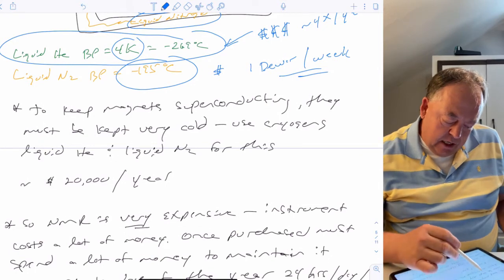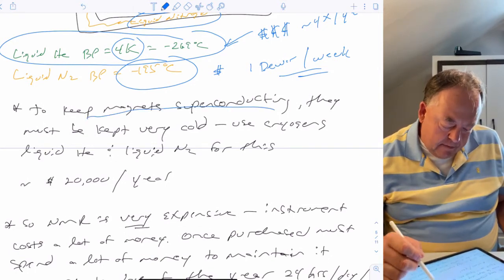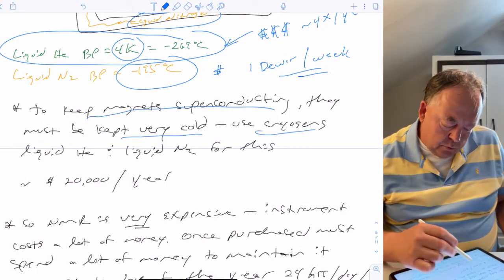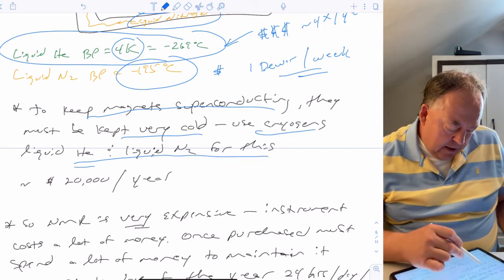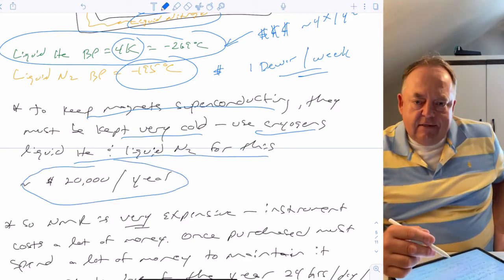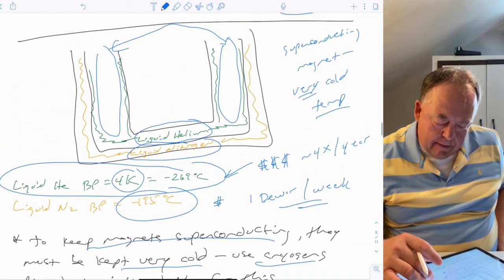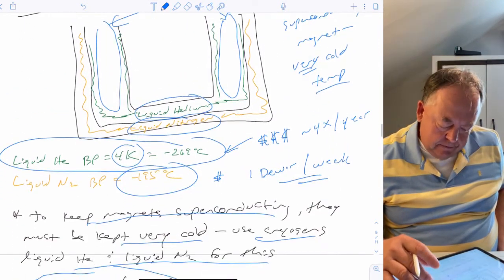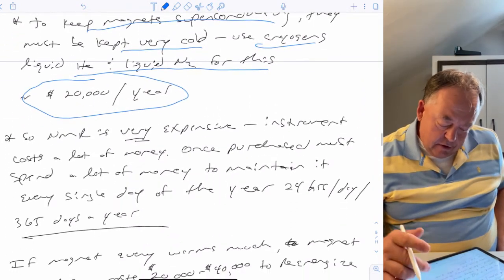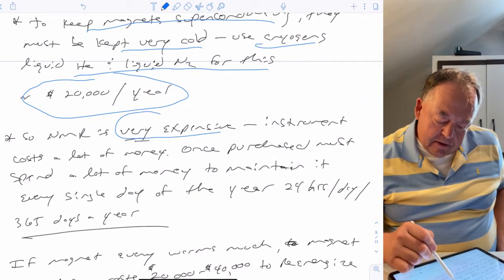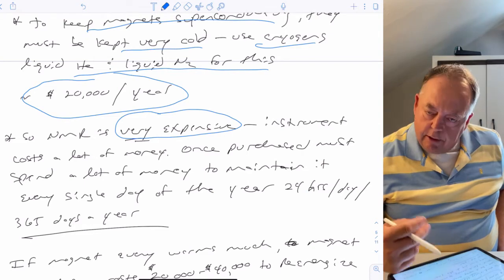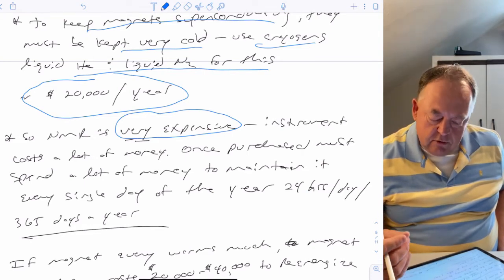So in all, to keep the magnet superconducting, they must be kept very cold. So that's what we use the cryogens for. And that cost itself, just the cryogens, costs about $20,000 a year, just to keep the magnet cold so that it's superconducting. So the NMR is a very expensive technique, but it's a very powerful one, generates tremendous amounts